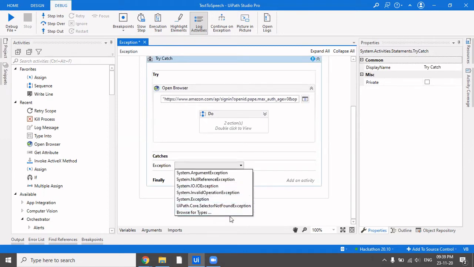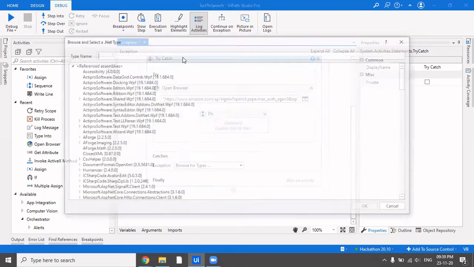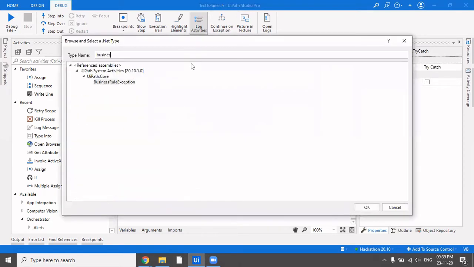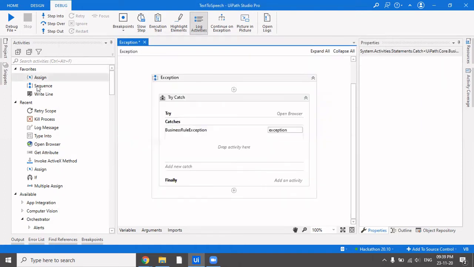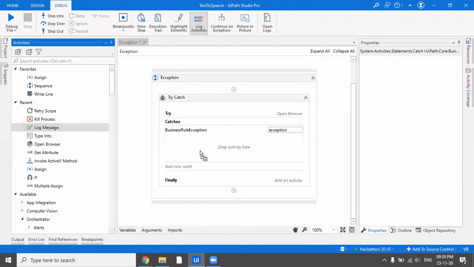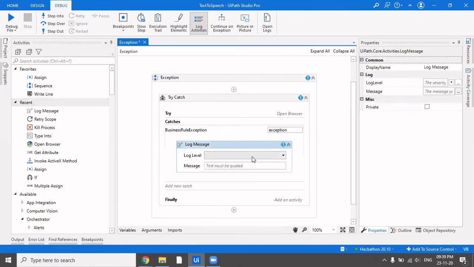Now over here, instead of selector not found exception, I'll be adding a business rule exception. I have added a business rule exception, and I would log a message here, error, saying it is a business exception. Because it is not a business exception, it would not land in here.